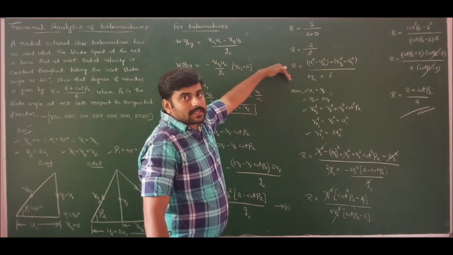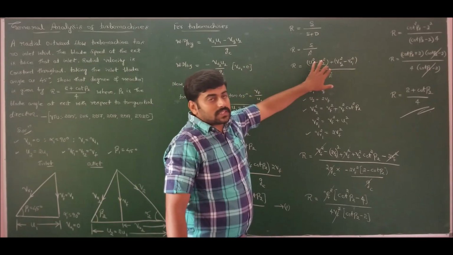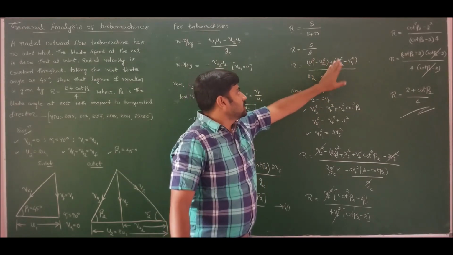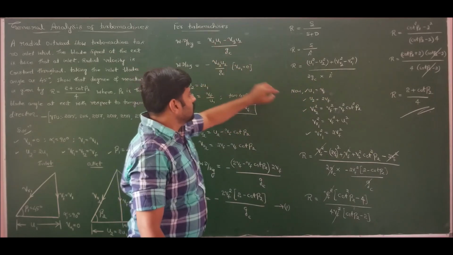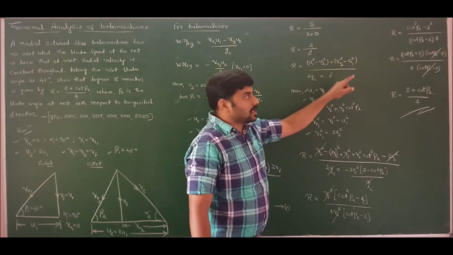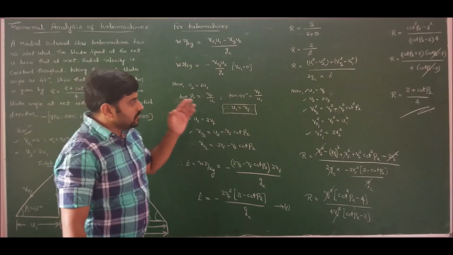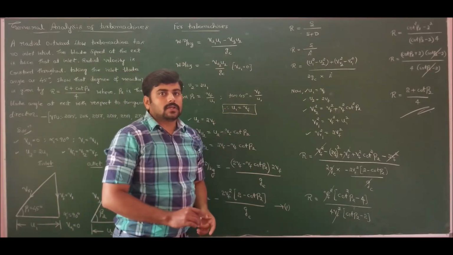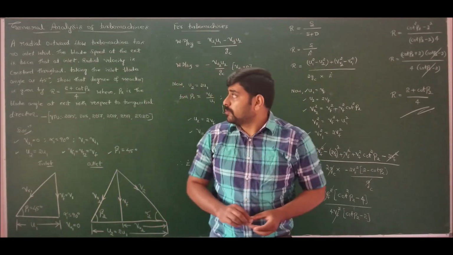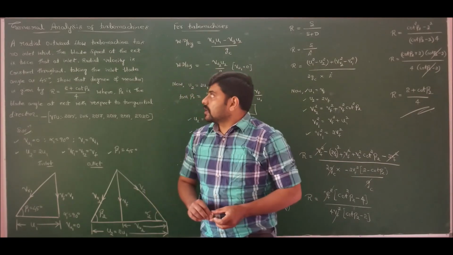For power absorbers, the degree of reaction will become U2 square minus U1 square plus VR1 square minus VR2 square. You should interchange this also. So you will be interchanging these terms: U2 square minus U1 square, VR1 square minus VR2 square. Then do what I said, express everything in terms of VF, and finally with cancelling of VF you will get the answer. You can derive in that manner also. So this completes a very important topic, that is effect of blade discharge angle on degree of reaction for radial outward flow